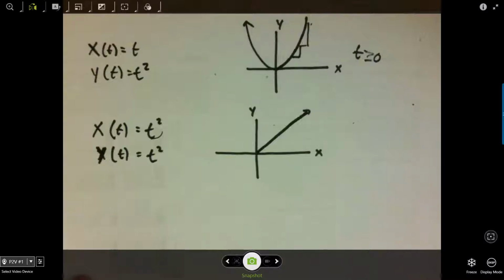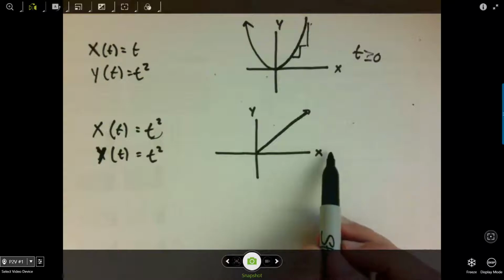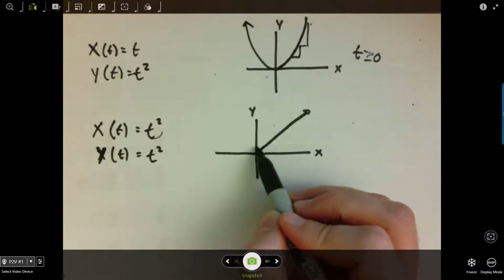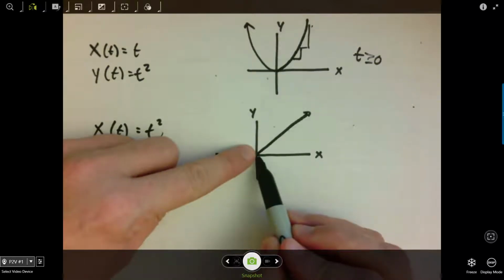If you wanted to think about it in the way that I've been suggesting, we have an x-coordinate that starts out as time increases at a constant rate. The x-coordinate starts out increasing slowly but accelerates. Meanwhile, the y-coordinate is doing the exact same motion but in the other axis. So the y-coordinate starts out at 0, starts increasing slowly but at an accelerating rate. And if you imagine them doing that at the same time,